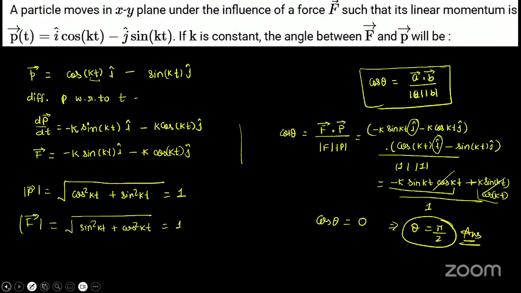Simple question, and the previous one also, the JEE Main question. JEE Main 2023, 2022. Now here two force vectors are given to you: F1 is 5i cap plus 8j cap plus 7k cap, and F2